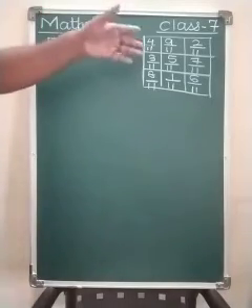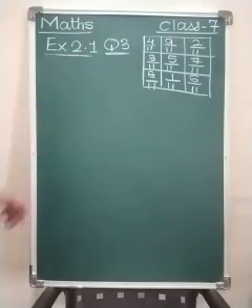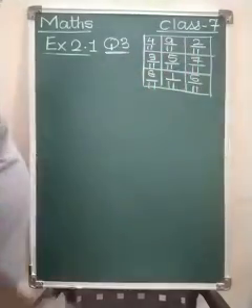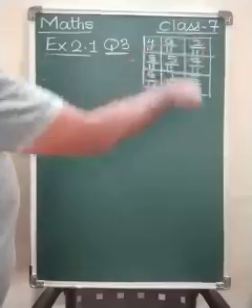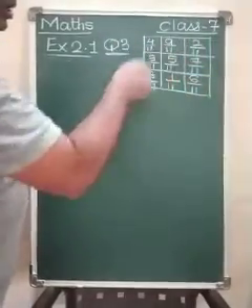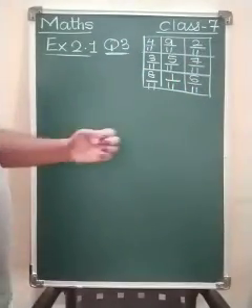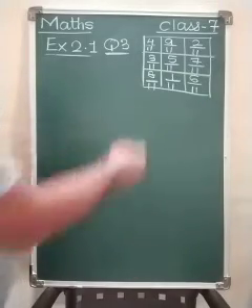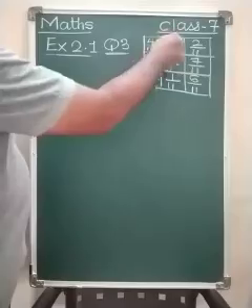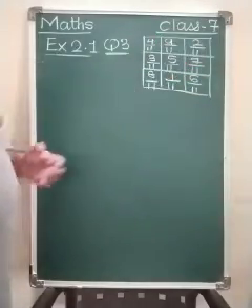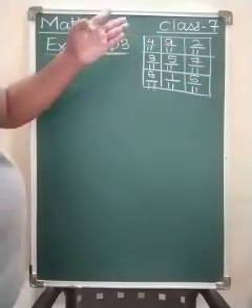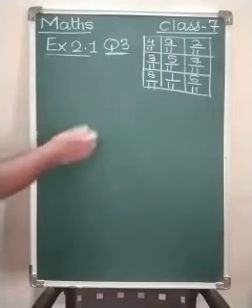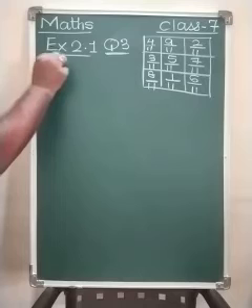We have to see whether this is a magical square or not. So what is a magical square? The sum of all the 3 rows, the sum of all the 3 columns, and the sum of 2 diagonals should be same. They should be equal. So we have already solved it. No need to give R1, R2, R3, C1, C2, C3, D1, D2. Directly we will solve. You already know what is R1, R2, R3. Okay. So we will directly solve. Solution.